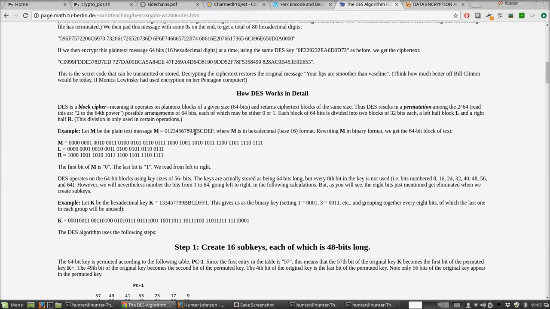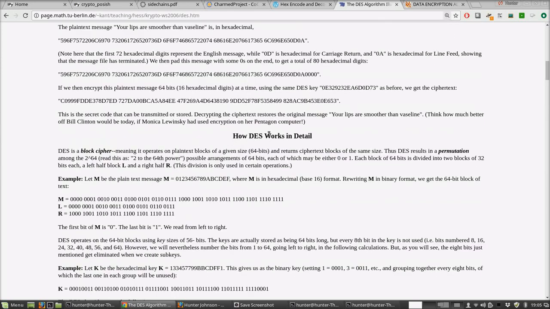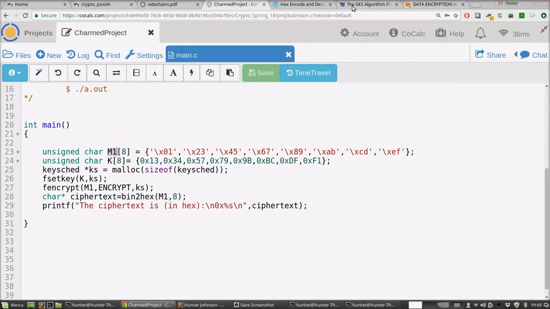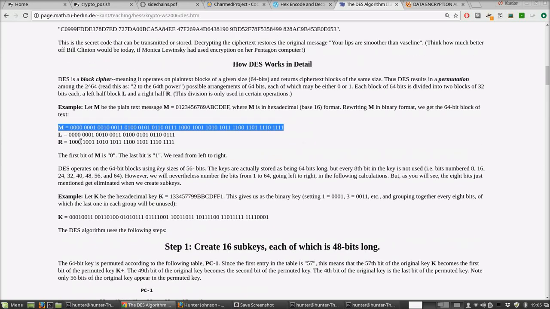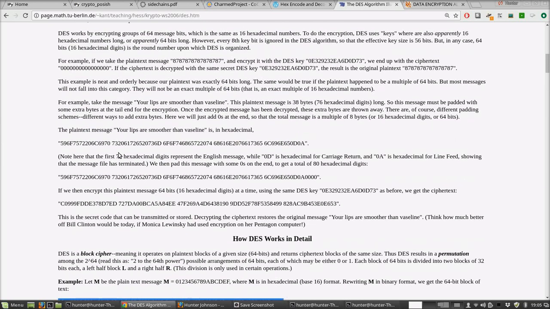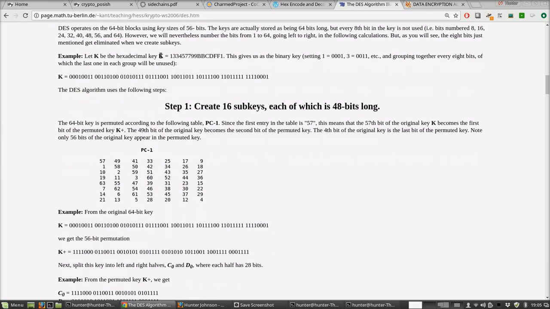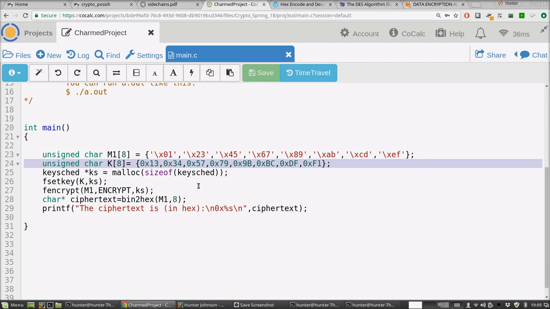So here you can see how DES works in detail. And they give a message, and this is in binary. I translated the binary into hex, and it's this. And they also pick a key. Where do they pick the key? I don't know. Somewhere right here they pick this key, so I typed in this key in hex, and that's where I get my key. And alright, so if I run this, then it will seemingly just print out the ciphertext, but I have also altered